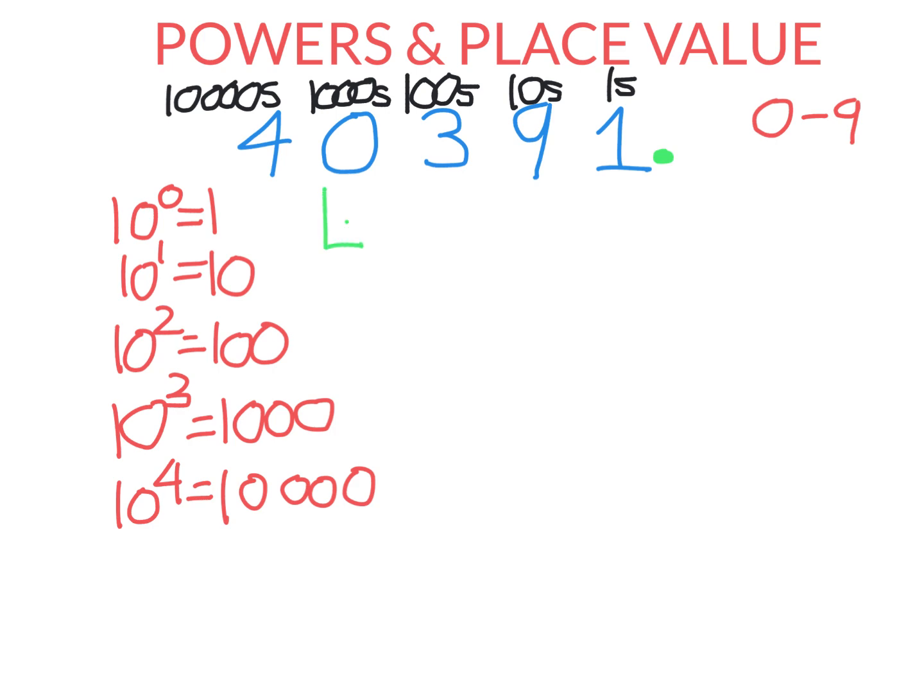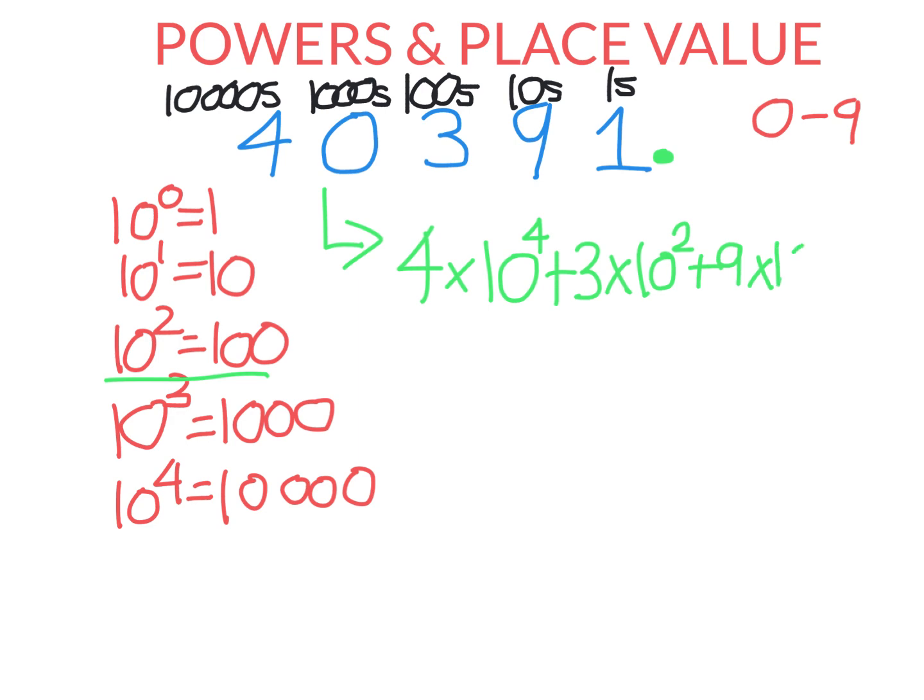So if I want to write this in expanded form, it's 4 10,000s. So 10,000s is 10 to the power of 4. Now there are no thousands, so I don't need to write that. There are 3 hundreds. 100 is 10 to the power of 2. And then we have 9 tens and 1 ones in this case. So just note 10 to the power of 0 is actually 1. So a lot of people might think it's 0. It's actually 1. So this says 1 ones, 9 tens, 3 hundreds, 4 10,000s, and that's this number here,